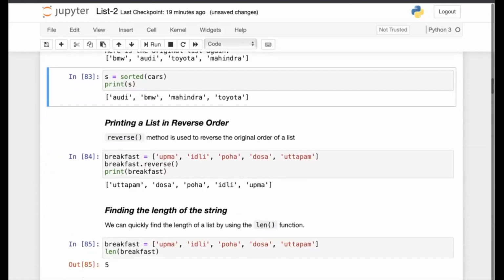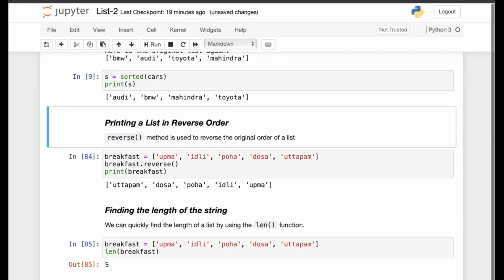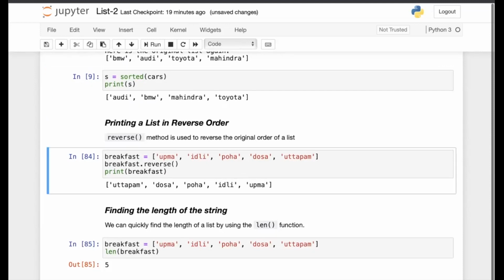Today we'll discuss some other features of lists which are quite handy in programming. The first one is to print a list in reverse order. We have a reverse method that we can use to reverse the order of the list. Whatever the order of the list, it would be reversed. You need to write the list name, the dot operator, and the reverse method.